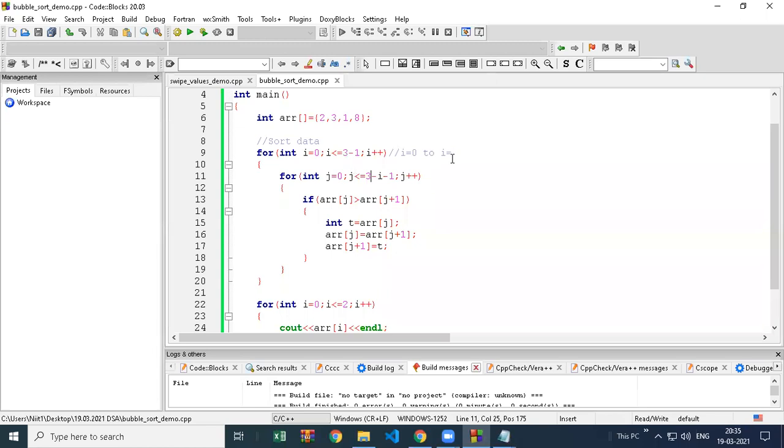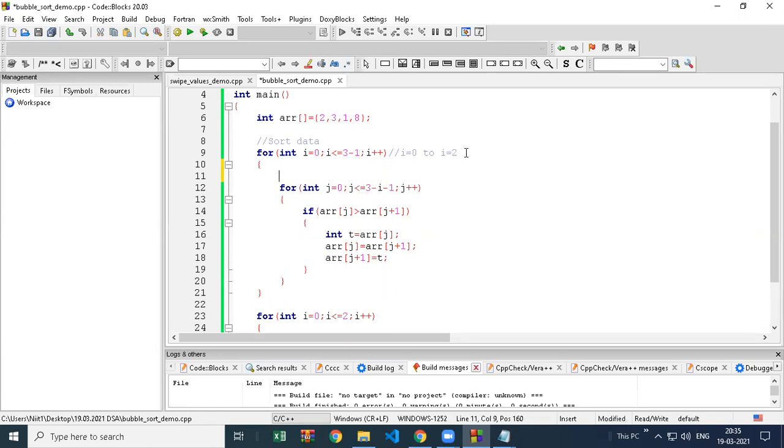Please check the calculation and tell me what is the last size. See, 3 minus 1 is 2. So 2 is the answer. So I value is 0 and 3 minus 1 is 2. 2 is the end value of I. And what is the start value? The current value of I is 0.